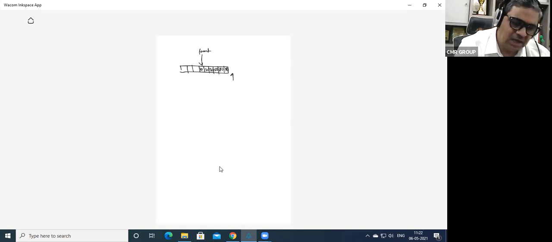What is rear? Rear comes to this particular place. That is 0, 1, 2, 3, 4, 5, 6, 7, 8. For example, rear is at 9. Now also there is one location, right? Now I have inserted, for example, 100 here. What will happen? Rear will now be coming out here. Rear is becoming now 10.